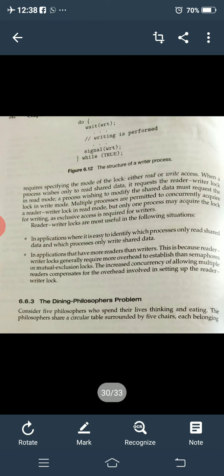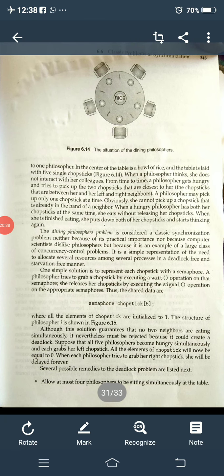So what is this dining philosopher problem? Here there are 5 philosophers. Throughout their lifetime they do only 2 things: one is thinking, and the next is, if they are hungry, they start eating. You can see the diagram on the screen.